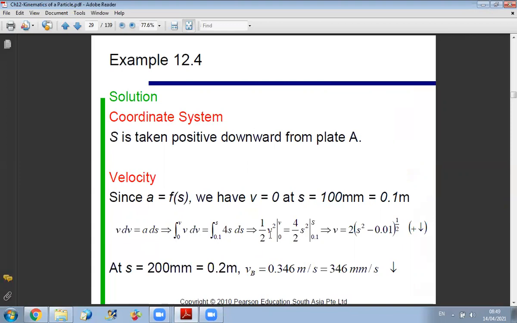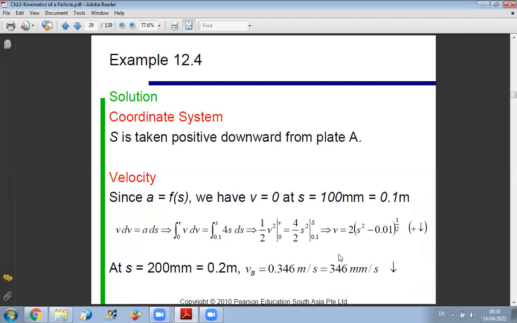When performing my integration, I will get that integral of 4s is 2s squared, and then I can get the value of velocity as 2 radical of s squared minus 0.01. So now I have the velocity as a function of position. Then, since I am interested in the velocity at point B, I can replace s by 0.2 meters to